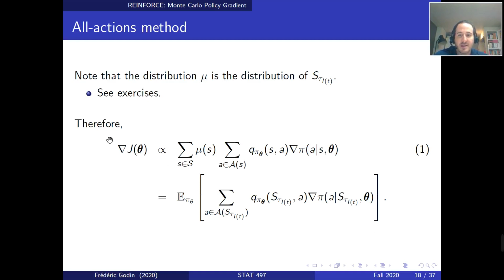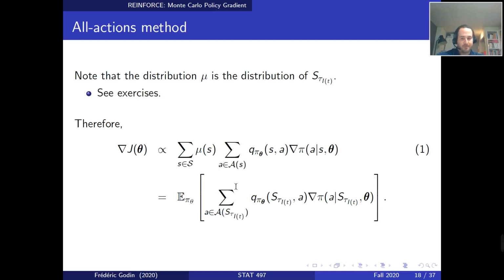So this is good. This allows us to express the gradient of the objective function in a different way, and we'll continue discussing this. So what we can do, instead of considering this gradient in a regular gradient ascent, is stochastic gradient ascent. Instead of considering the gradient, we could have an unbiased estimate of the gradient to perform the adjustment of parameters. So instead of considering this whole term, we could simply consider the value within the expectation